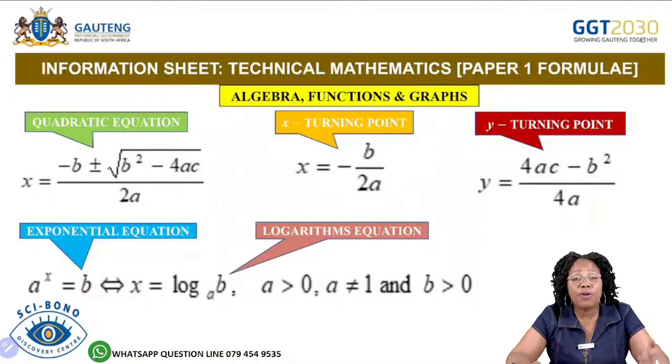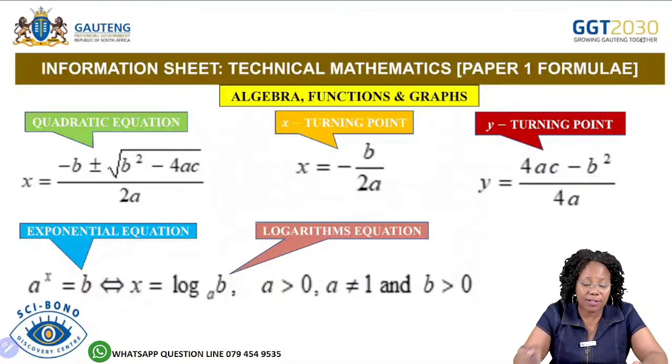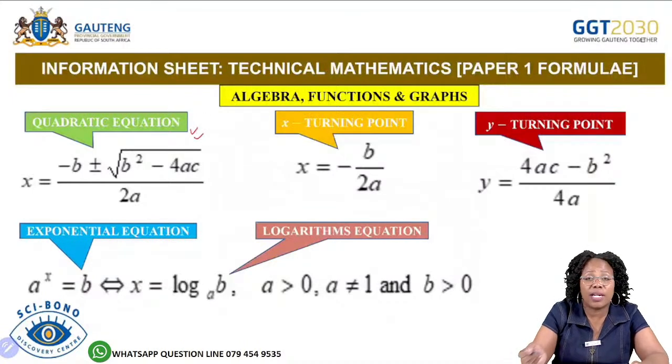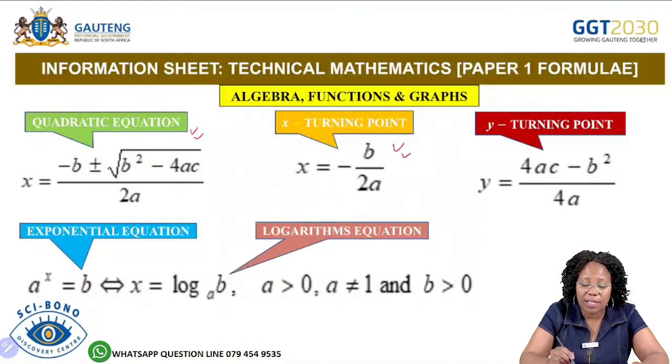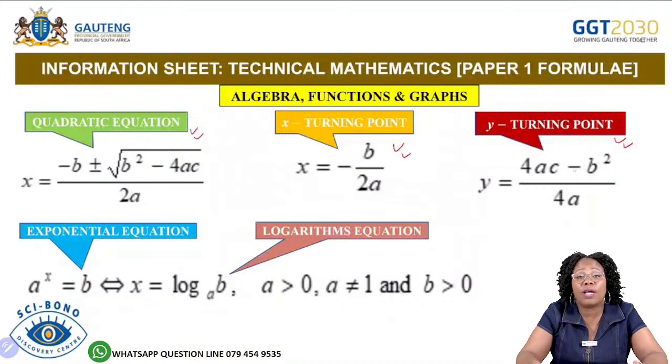At the beginning of your information sheet, grade 12, the first formula is the quadratic equation. The first 2 rows have algebra, functions and graph formulae. Under algebra, functions and graphs, we have the quadratic formula, as you can see indicated, followed by the x turning point formula, followed by the y turning point formula. If you don't want to substitute in that formula, you can substitute into the original given formula, but it must be of a quadratic